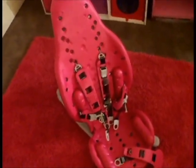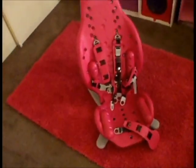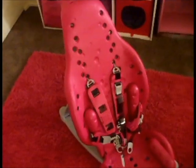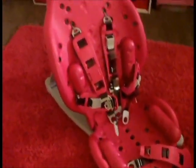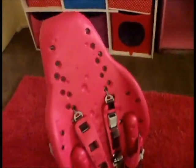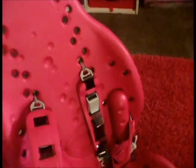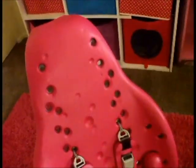She's able to sit up in the bathtub on her own, so I really don't need it. But she still does like to throw herself back sometimes. So just as a safety precaution, we definitely got one of these. And what's nice about this is that it grows with her, so we can position it, extend it as she gets bigger, taller, so we can use this for a pretty